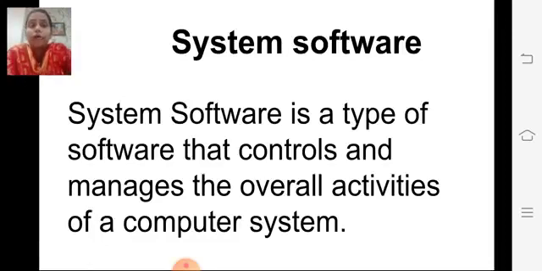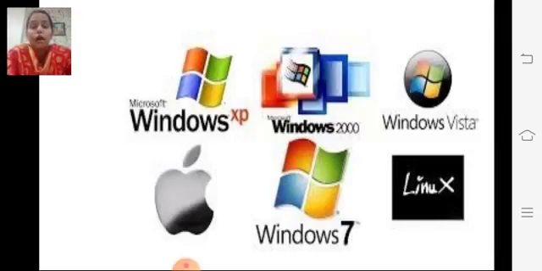Some operating systems are Windows XP, Windows 2000, Windows Vista, Apple, Windows 7, Linux. These are all operating systems. See, without operating system, your computer will not work.